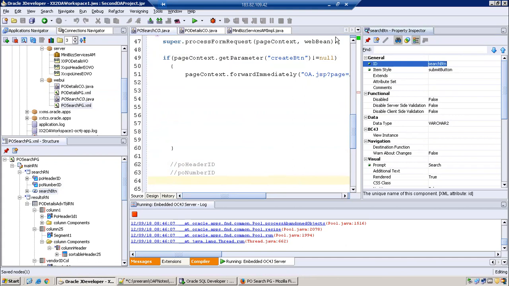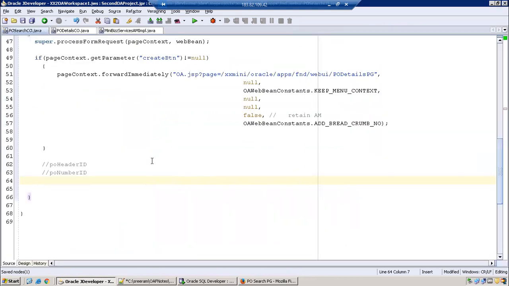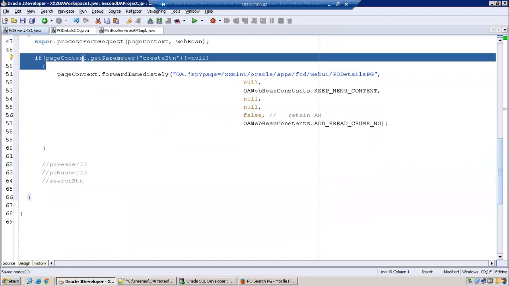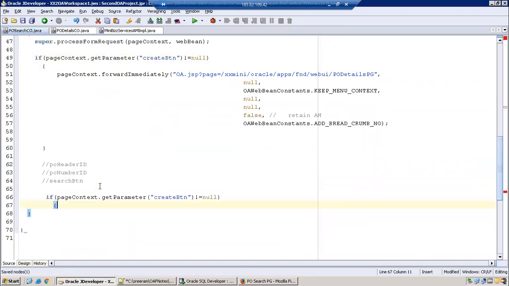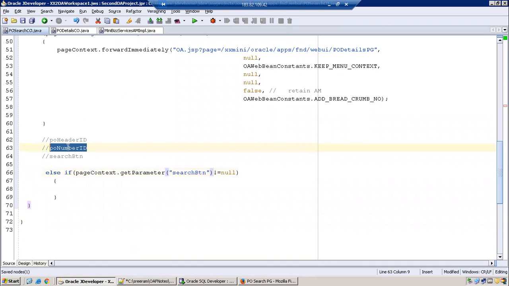Search button. So whenever the user clicks on a search button, just simply pass the parameter and execute the VO.